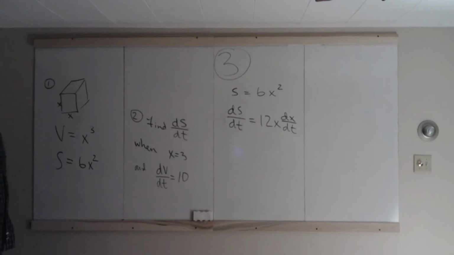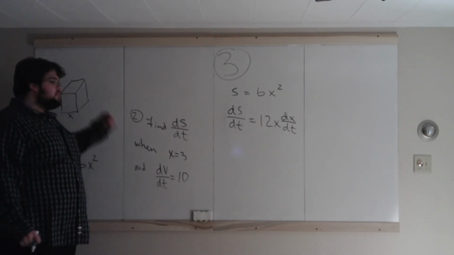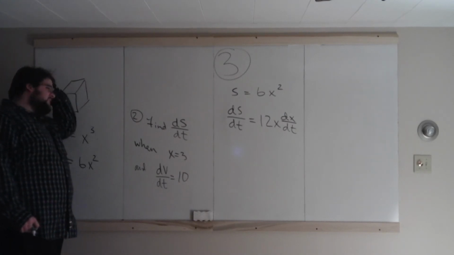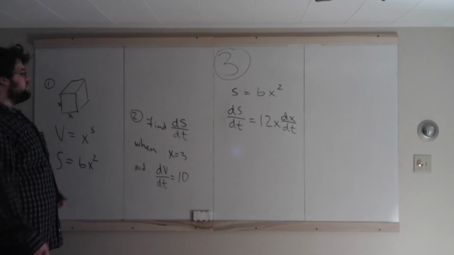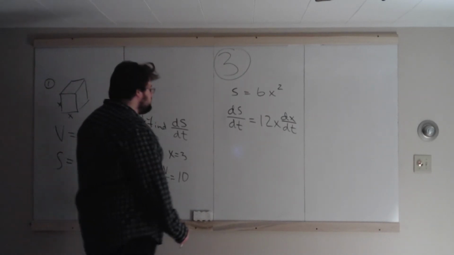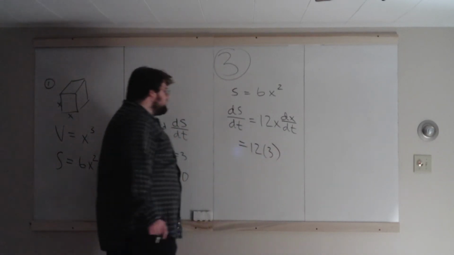Differentiate with respect to time. Derivative of x squared, 2x, so we get 12x on that side, times the derivative of the inside, dx/dt. So dS/dt equals 12x dx/dt. So now let's substitute. X equals 3. dx/dt equals